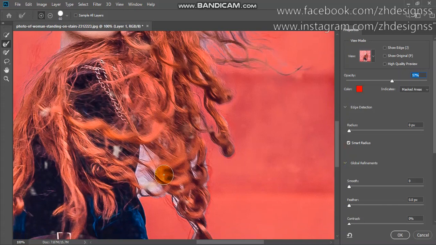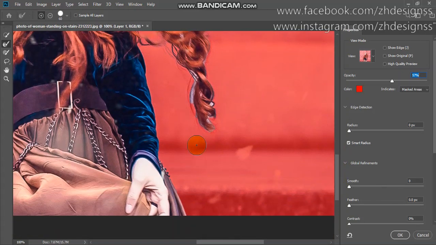You can see it is removing the white background behind the hair and from the edges. Okay, I think it is almost done.